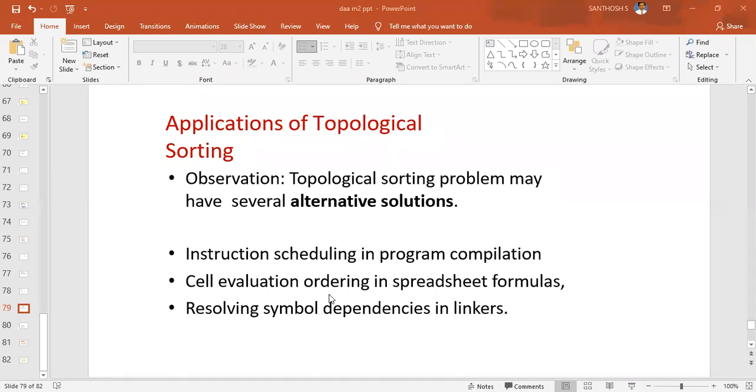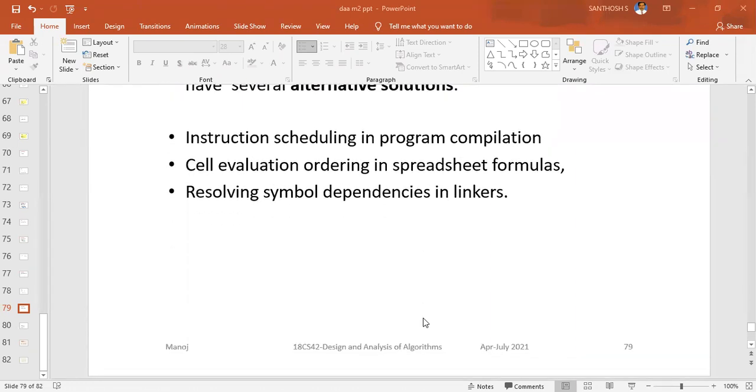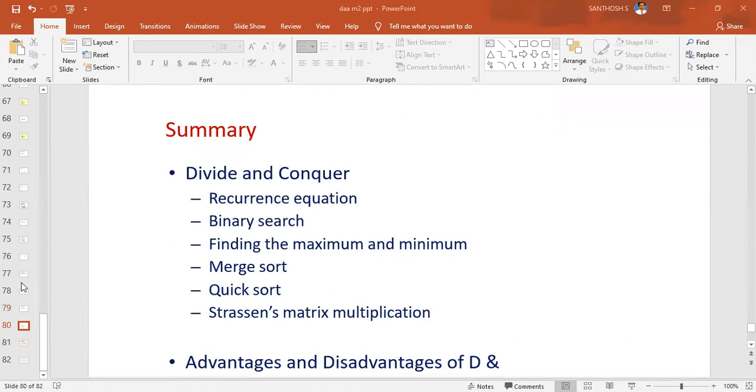Second, cell evaluation ordering in spreadsheet formulas. Third, resolving symbol dependencies in linkers. So that is up to topological sorting.